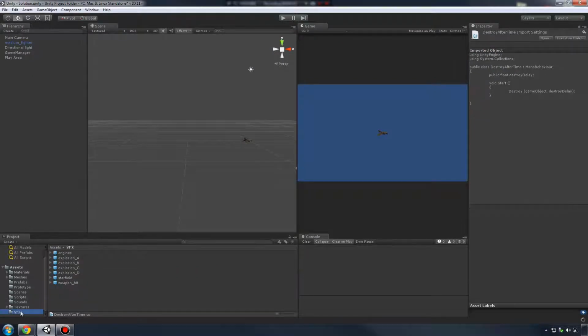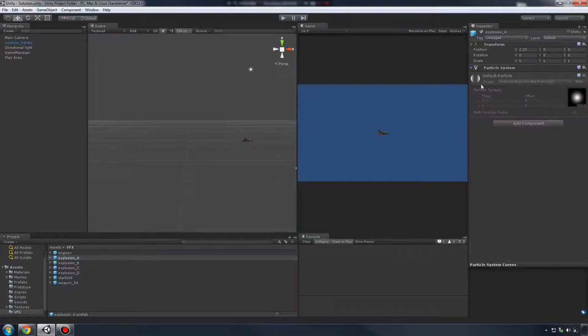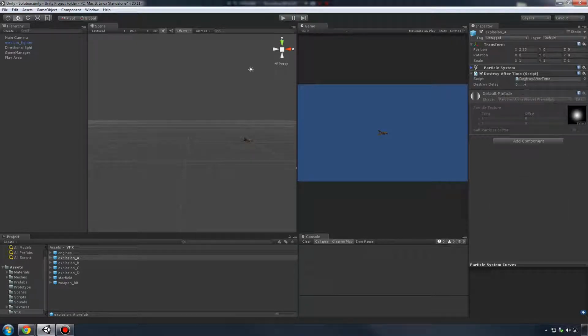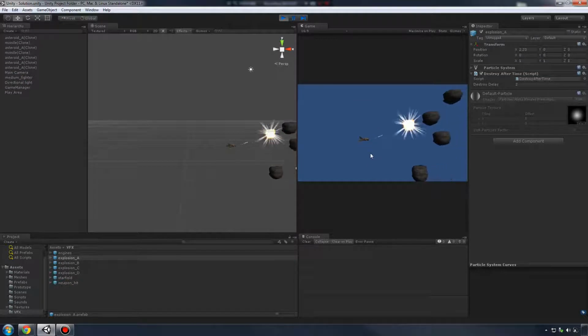is go to my VFX folder and highlight my explosion A, because that was what was littering my hierarchy up right here. And you can see I have my particle system parameters set right here. You might have played around with them at the beginning of the semester, but I'm just going to hide it for right now. I'm going to add component, and I can either drag and drop the script on here, but I'm just going to go to add component, scripts, destroy after time, and let's say after 2 seconds my particle system is just going away. So when we press play here,